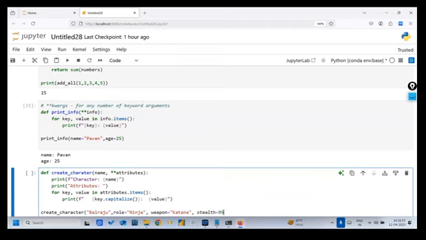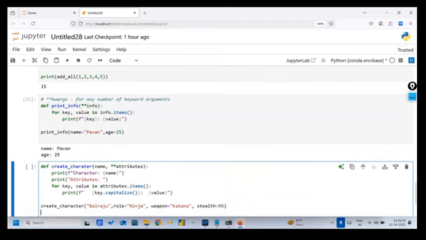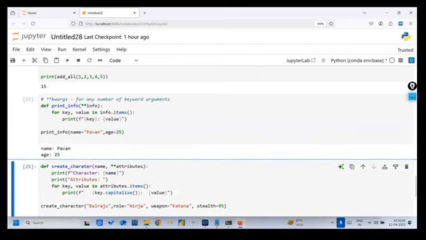Some random values I'm giving, guys. And if you execute this here,